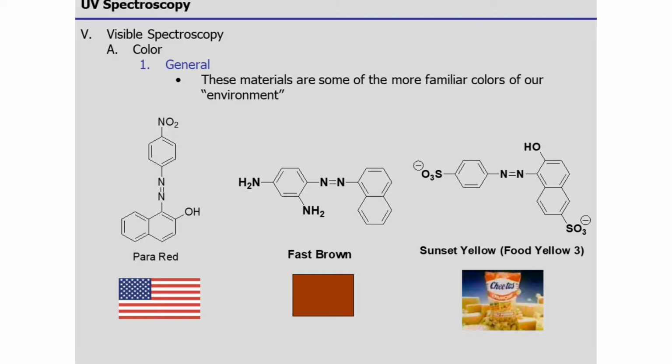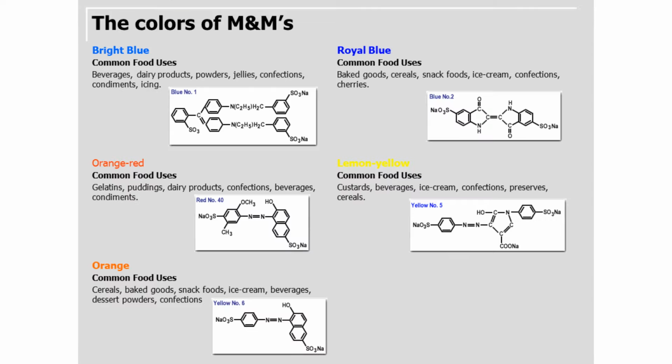Azo dyes are prevalent in our environment, contributing to the colors we see around us. Examples include para red, fast brown, and sunset yellow, which are used in various applications from textiles to food coloring. The vibrant colors of M&M's candies are due to various azo dyes. Each color, such as bright blue, orange red, and royal blue, is derived from specific chemical compounds used in food